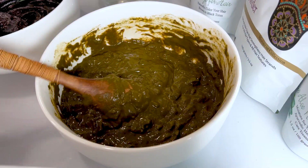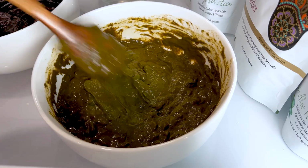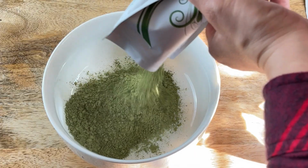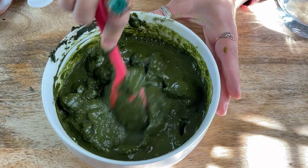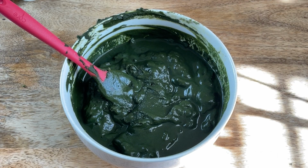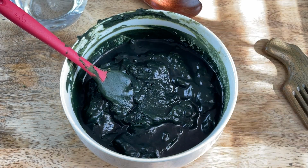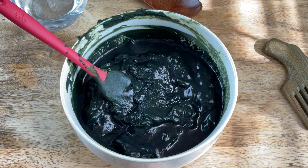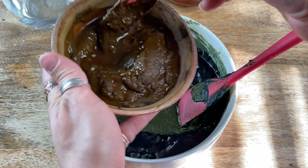I don't know if it's a trick or they have chemicals or additives, but it makes no natural sense in my mind. When you mix the henna separately and let it sit for its proper amount of time for dye release, which no matter which henna you're using is always longer than the indigo takes, you let that indigo sit like 20-30 minutes and it's done. You only start the indigo when the henna is basically done, after a few hours. Always look at the back of the packages. It gives you the exact time for the dye release for that particular henna,